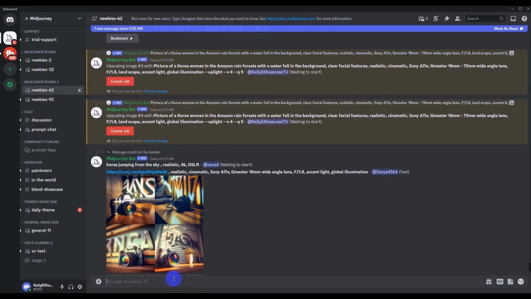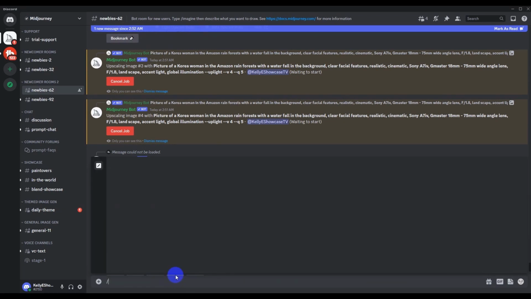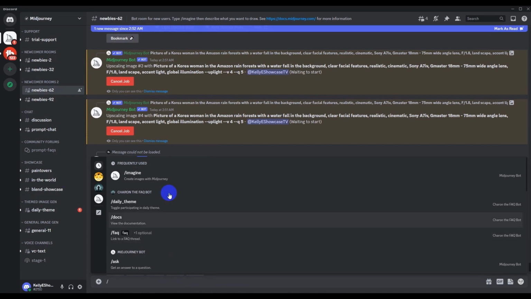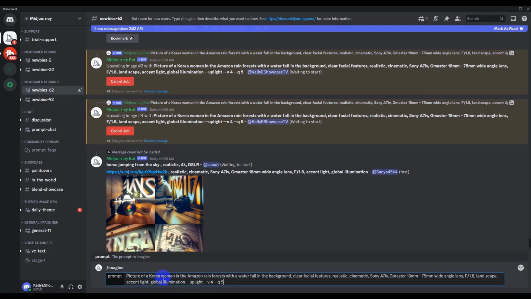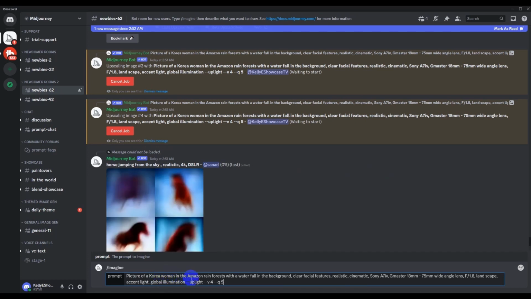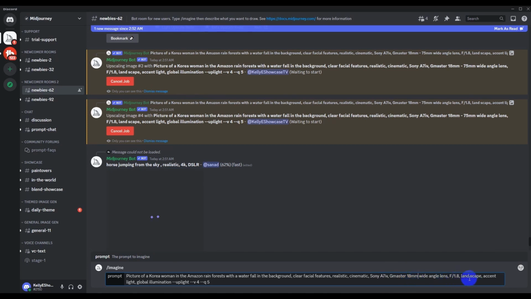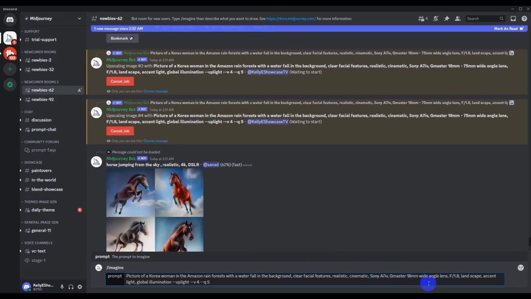Okay, let's try again. Korean woman in the Amazon rainforest with waterfall in the background, clear facial features, realistic, 18mm wide angle lens, f1.8. Aha!